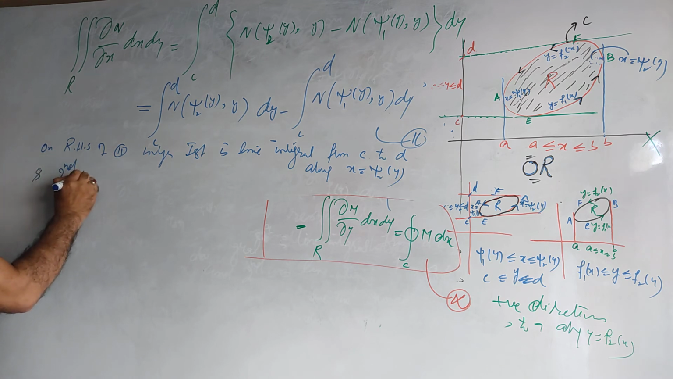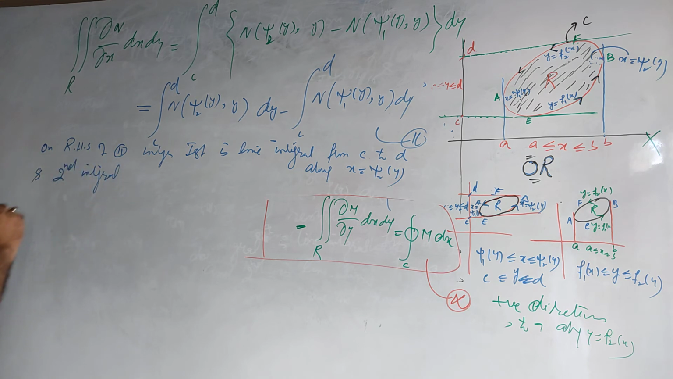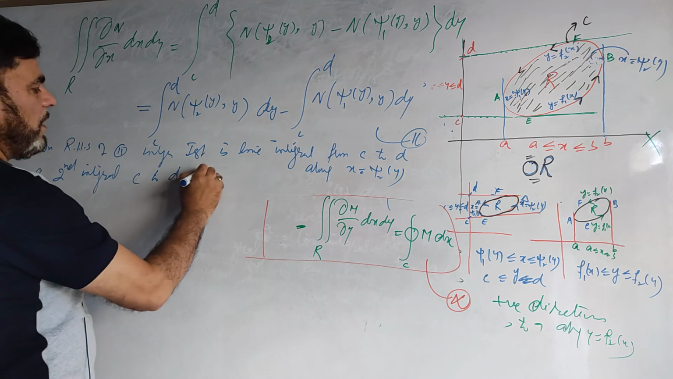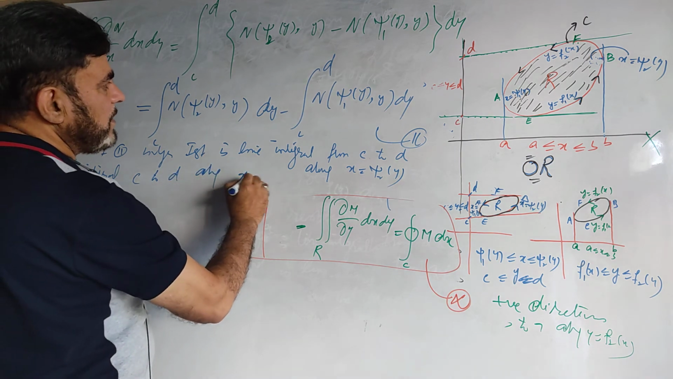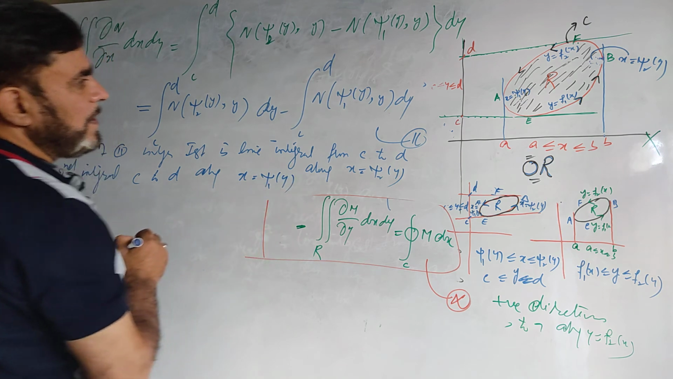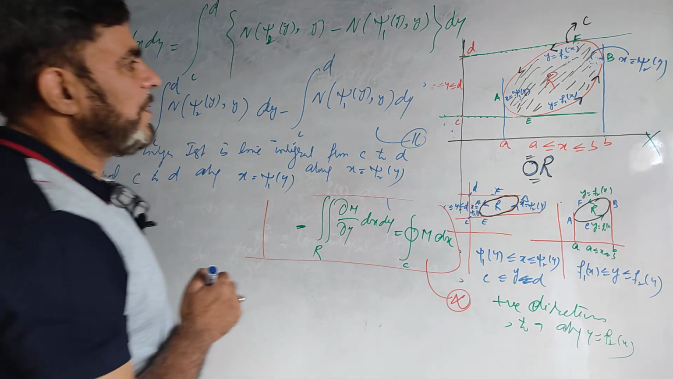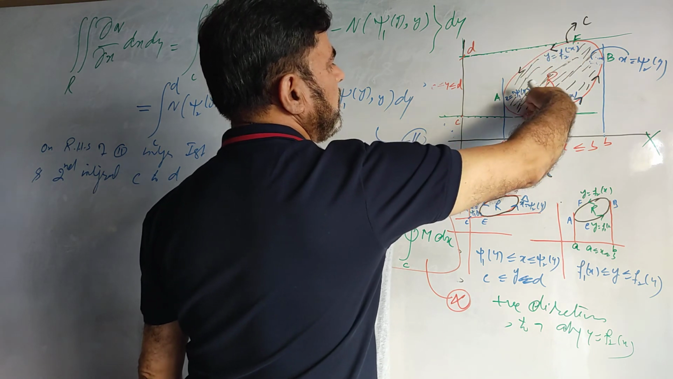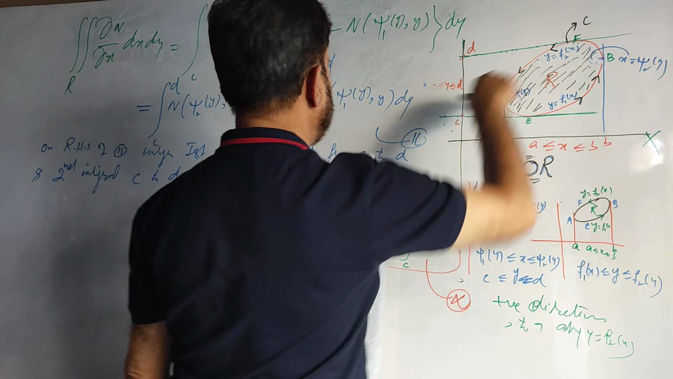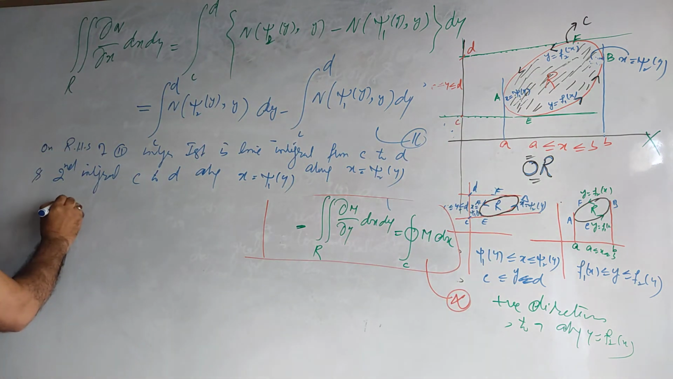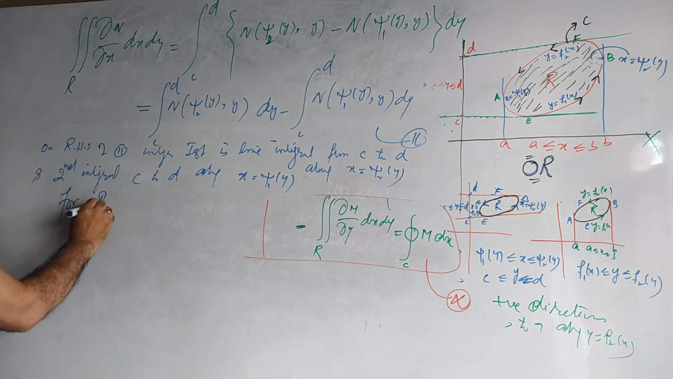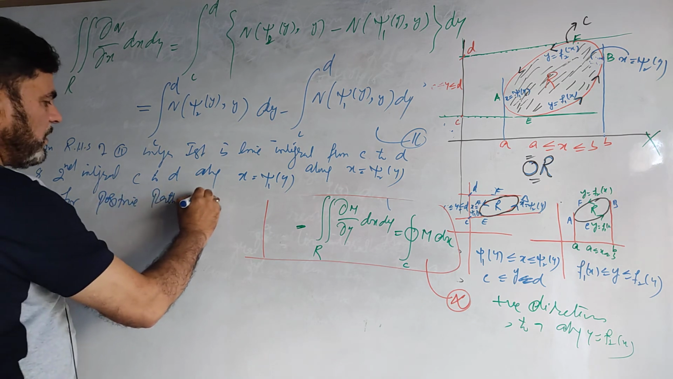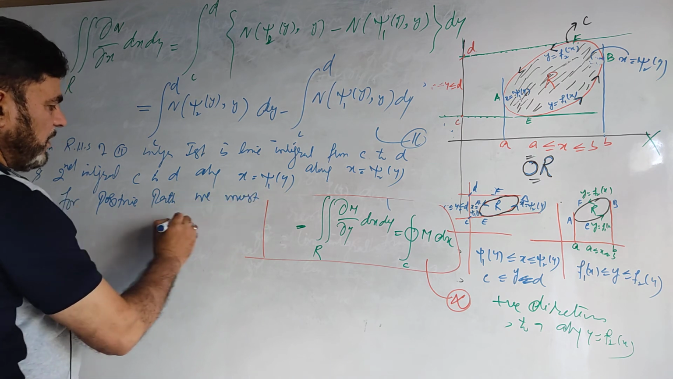The second integral is again C to D along x is equal to psi 1 y. But for psi 1 y, we must integrate like this. This is the curve. If we want to find out the positive integral of this part, it should be D to C. So to have the positive path, we must evaluate